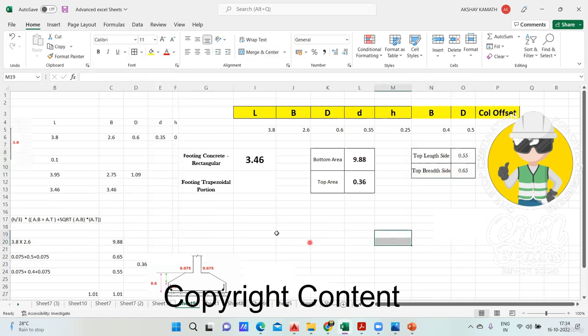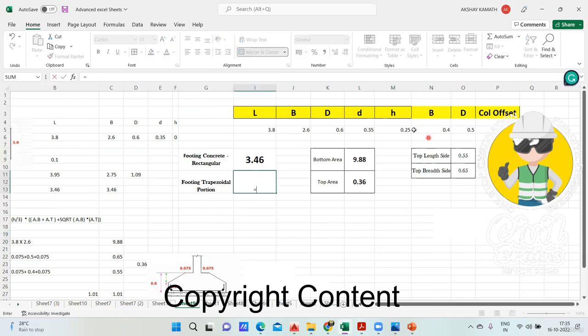Now there's no problem. Now putting trapezoidal portion, quickly we can get the answer. Okay, equal to sign H. H first is open bracket. Remember the formula, open bracket. So h is 0.25. I'll divide it by 3. This is the formula, close the bracket. Okay, then multiplication, 2 times open the bracket. So first you have to take the AB. AB is your bottom area. Okay, bottom area